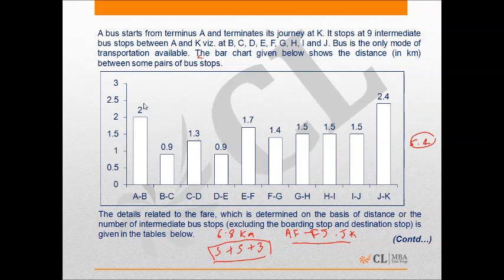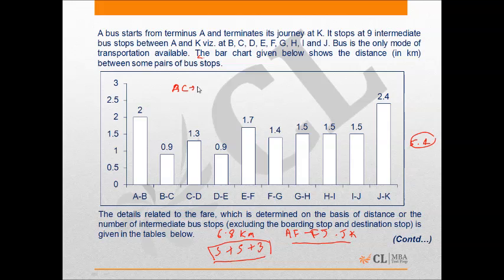First case, A to C, because we have to maximize our travel distance by using a particular ticket. So in case we buy a 3 rupees ticket, the distance that we can travel is 4 kilometers, and in that case we can travel from A to C only, because if we want to go to D then the distance would be more than 4 kilometers, which is not possible. So by paying rupees 3, the minimum distance that one can travel is distance